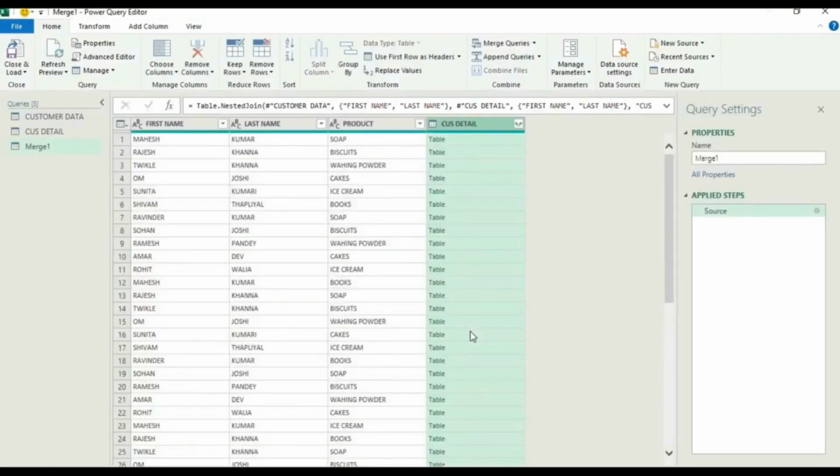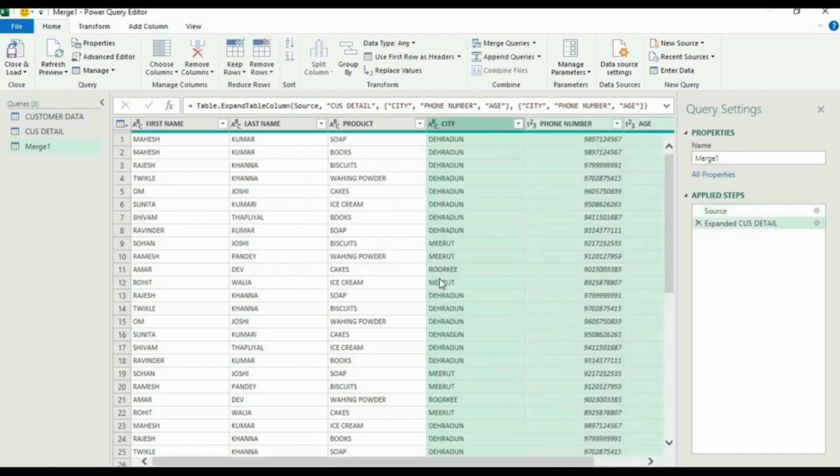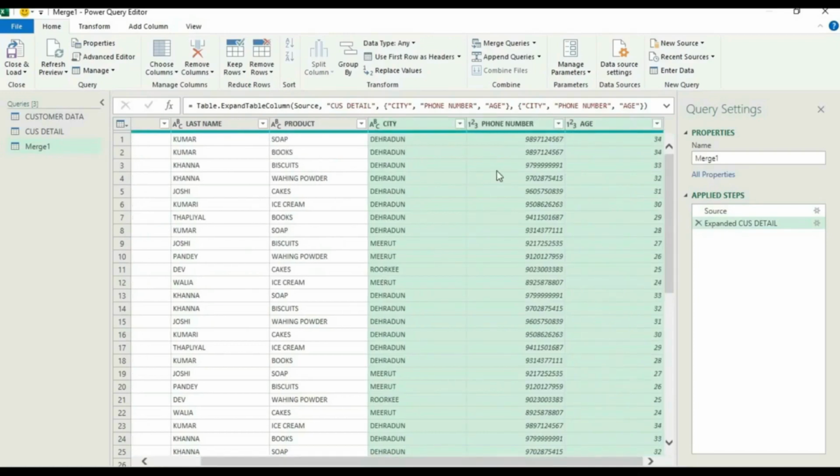So now we have a customer table which is added to our first table. So second table will be connected with the first table. Now whatever data we need, we have to click here and select whichever data we need. We don't need first name, we don't need last name, and in this case we need city, phone and age number. We do not need a prefix also. Use original column as prefix, we don't need that, so I will just remove that and press OK. So now we have new column added with our data, which is our city, phone number, age. So all these data are here. Now I will just press close and load,